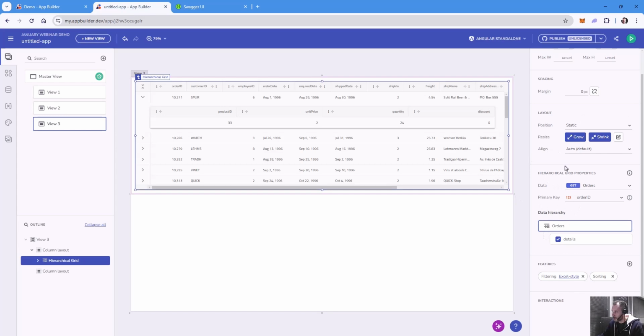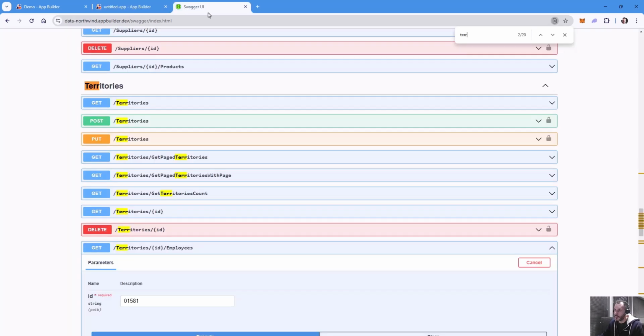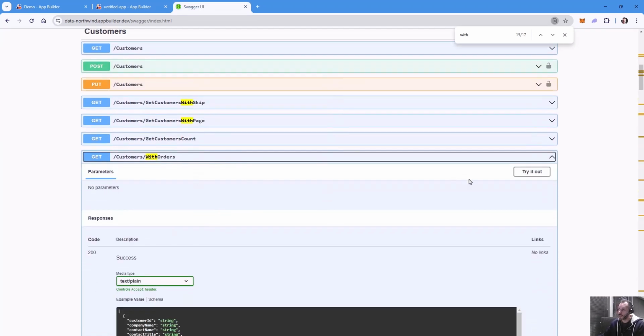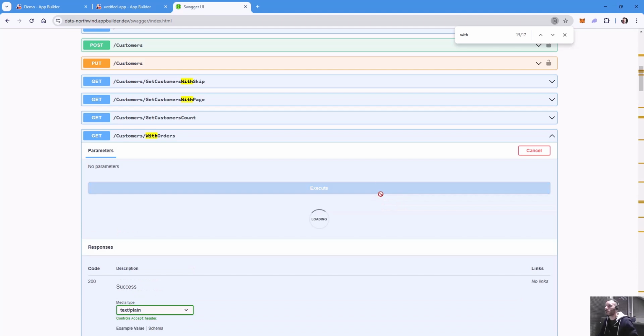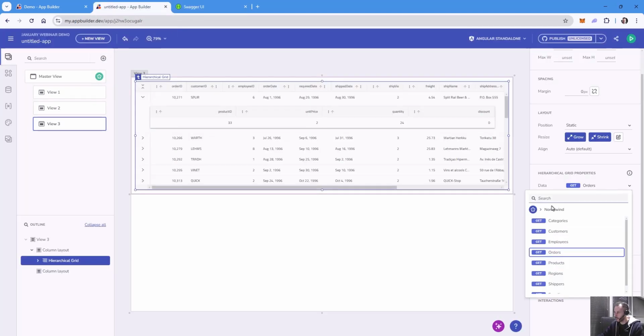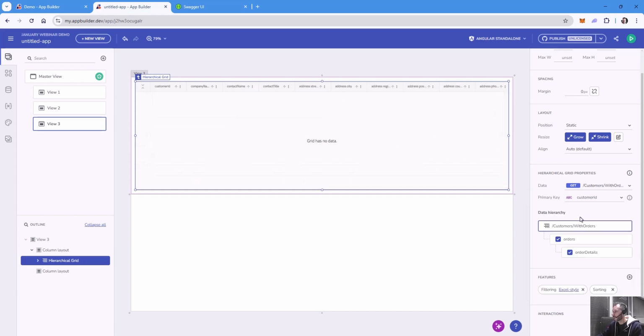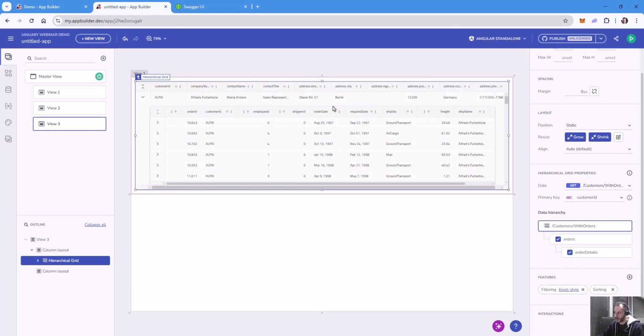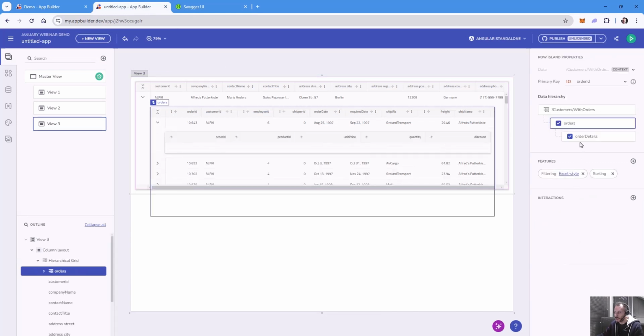So now what I'm going to do is bind our grid. We have a hierarchical data source, which gives us customers with orders. I'm going to show you a sneak peek of the data, and let's go directly here and bind the grid to the customers with orders data. And as you can see, the hierarchical grid loads all the data and loads its corresponding